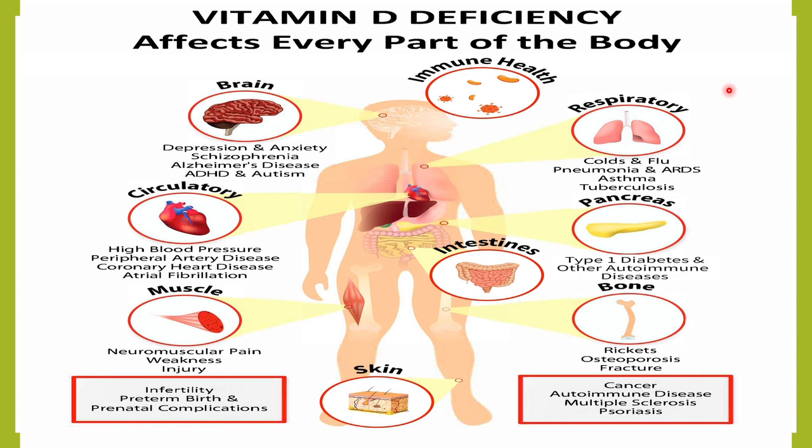You might be prone to get diabetes because vitamin D has a role to play in the insulin secretion. Also in certain cancers, we have studied that vitamin D has a role. So you might be at a risk of getting some of the cancers when you are low in vitamin D. It is also thought to contribute to infertility and preterm birth and even prenatal complications. So you will see that